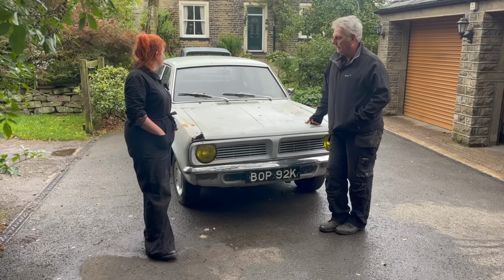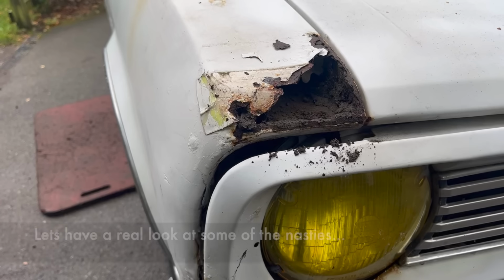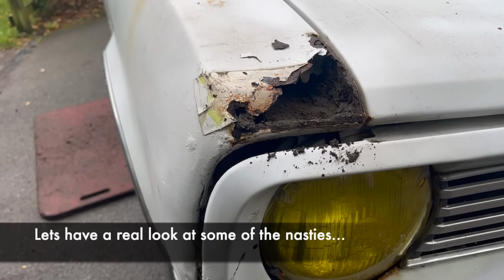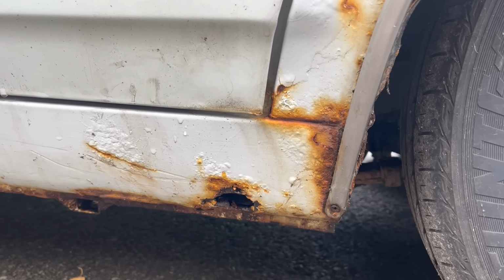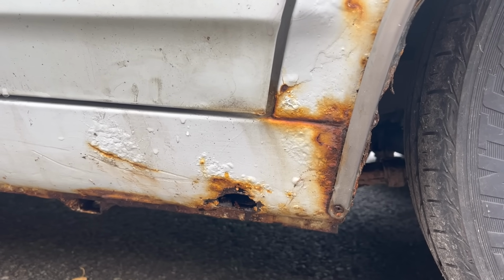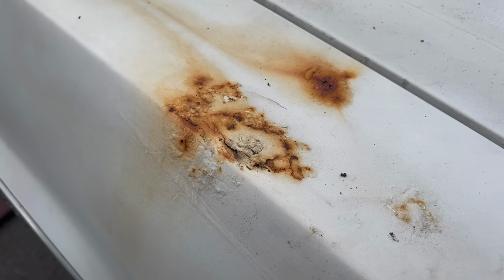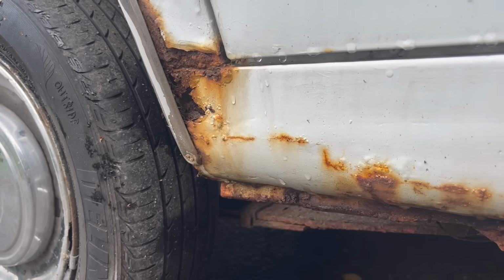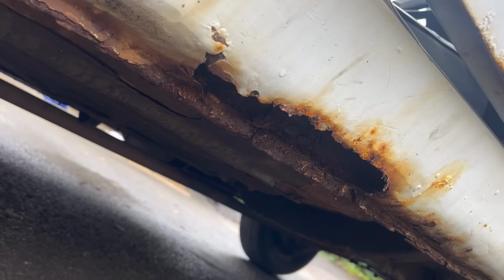So basically, we've had a look underneath. Obviously, it doesn't look particularly good, but we've had a look, and the chassis is quite good. All the chassis legs are good. The floor's okay. The rear spring hangers are quite good, which is where they used to go. The main points of issue are obviously, hello,